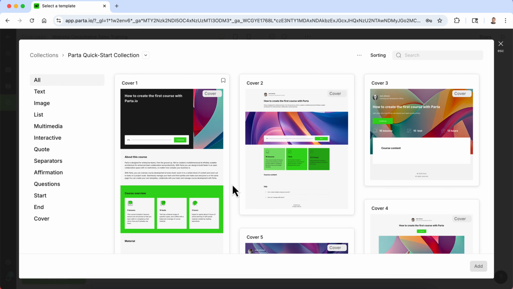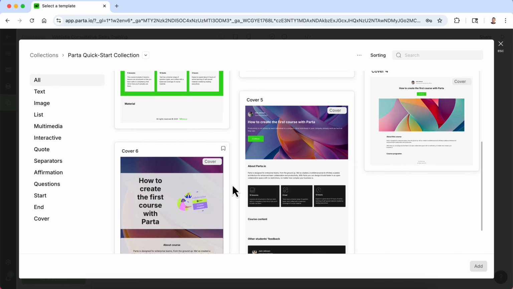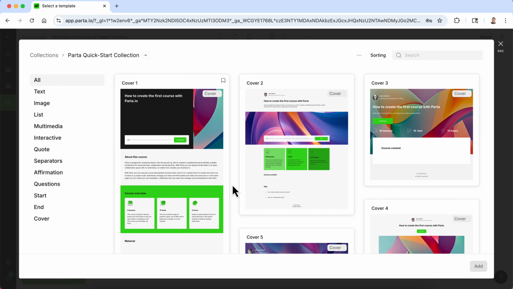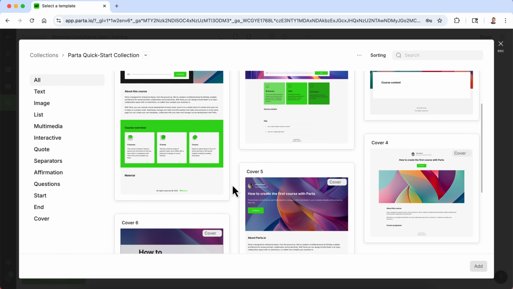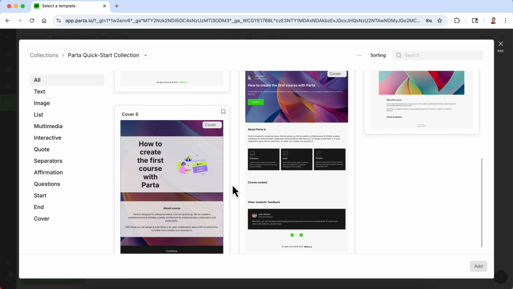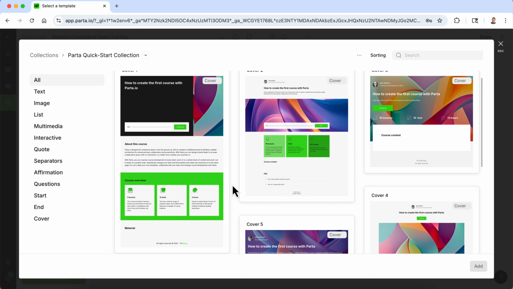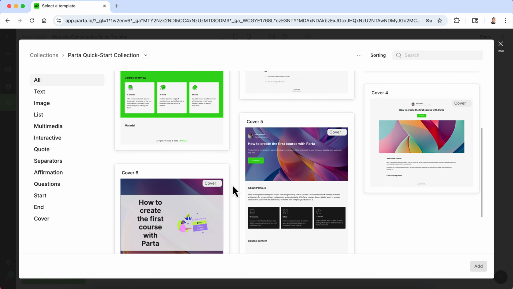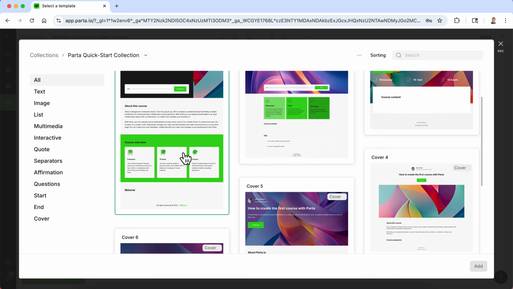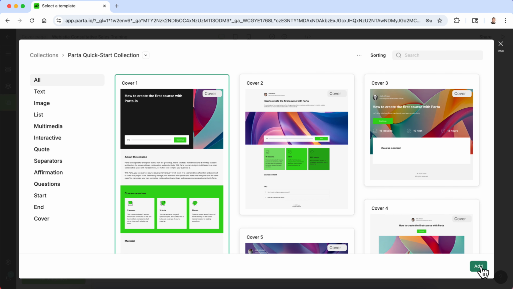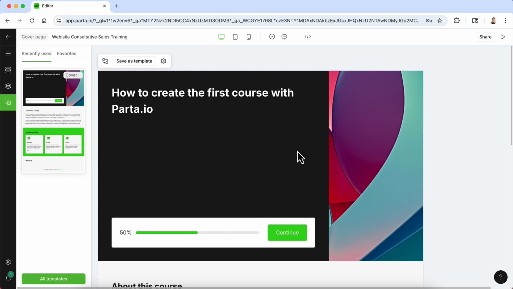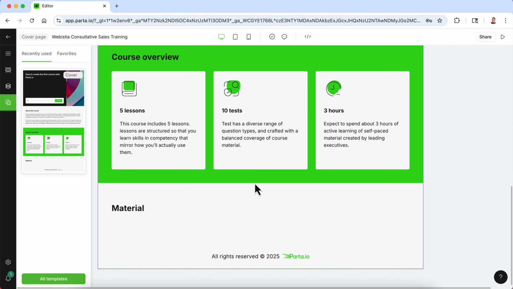And one of the great things too is that there's all sorts of pre-built blocks, right? And content types. Now, right now, because I've created a cover page, it's showing me the block types for different cover pages here. And they're just different assets, different configurations of a template. So I'm going to go ahead and I think I like this one here. I'll go ahead and select that, add that in,